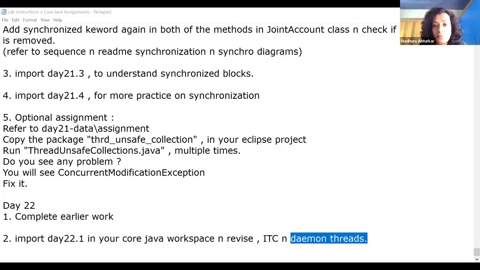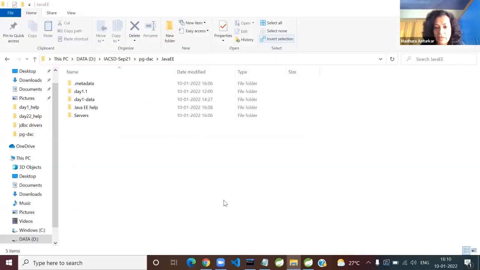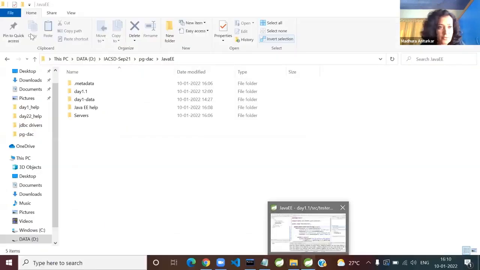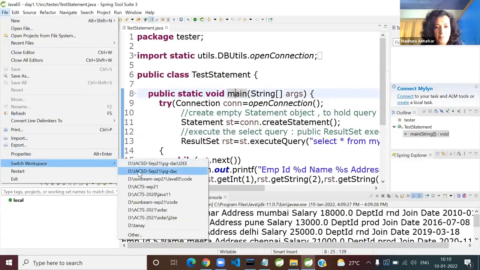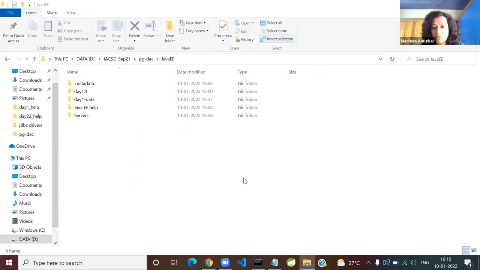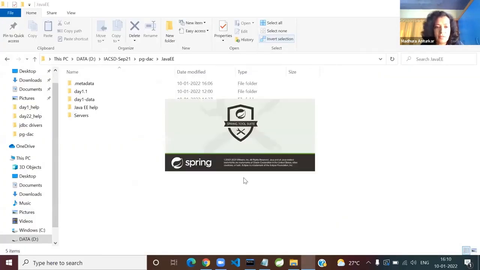I straightened up my Java EE workspace, that is what I was doing earlier. Wait a second. I'll check whether what you're saying is correct or not.